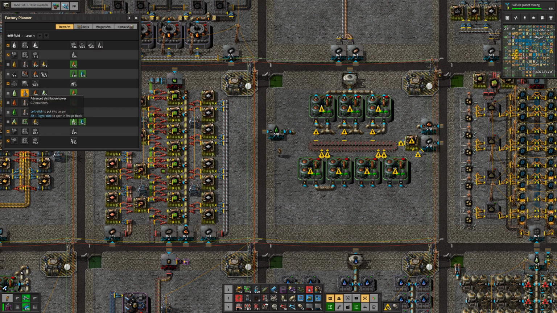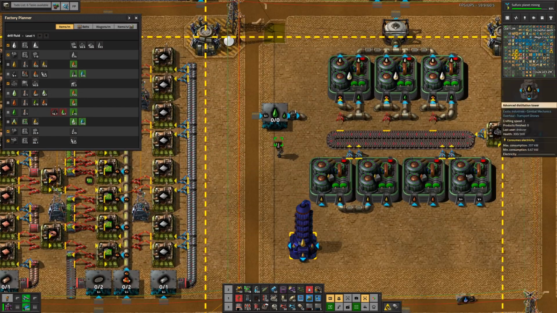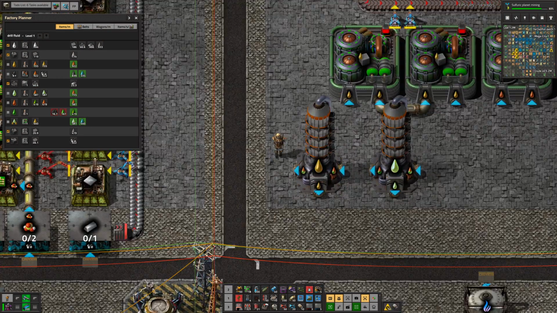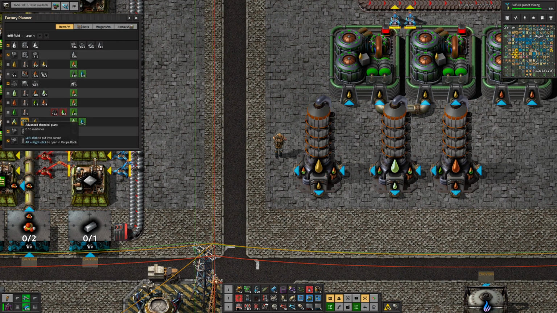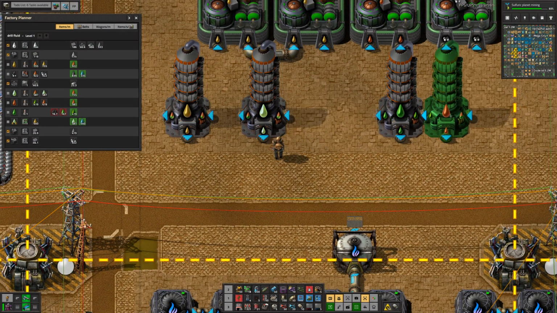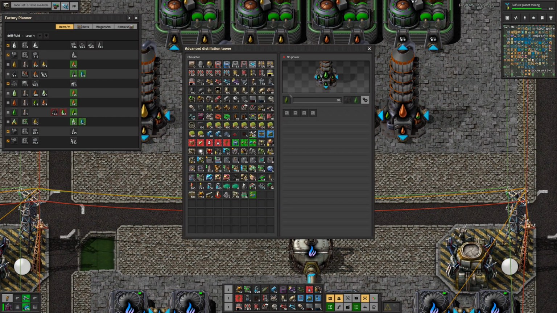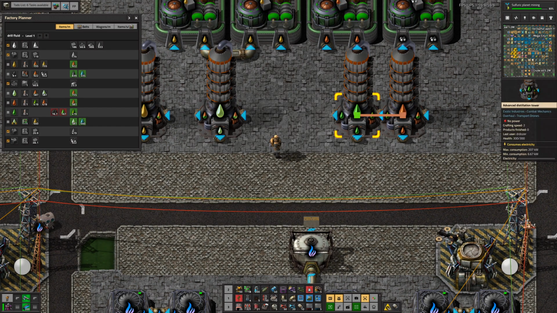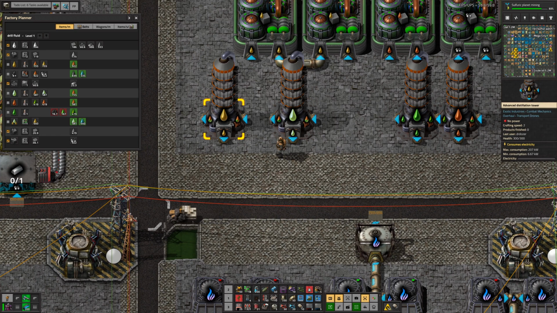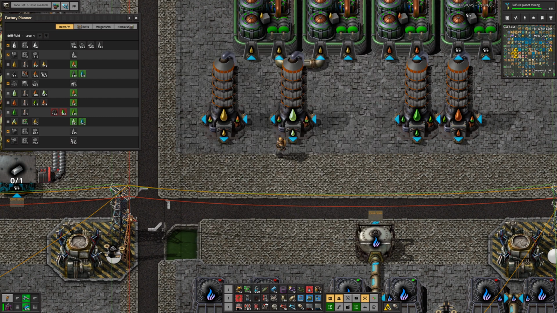Let's do the distillation towers next. Okay. I'm not quite sure which order these go in, so we will get them all and then shuffle them. Is that correct? Yeah, it is. So this one would go there. This produces lubricant from lubricant distillate. This generates lubricant distillate. Yeah, good. So those two go together. Then this takes in heavy oil distillate. Where? So